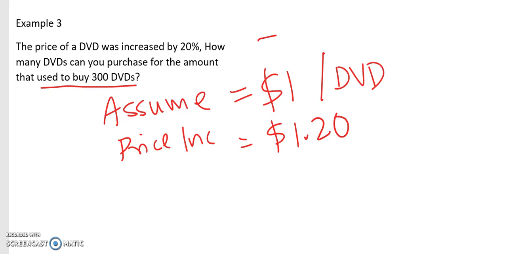So with $1 for 300 DVDs, it is going to cost you $300. We need to find out how much this will cost with $1.20. What you've got to do basically is to take this $300